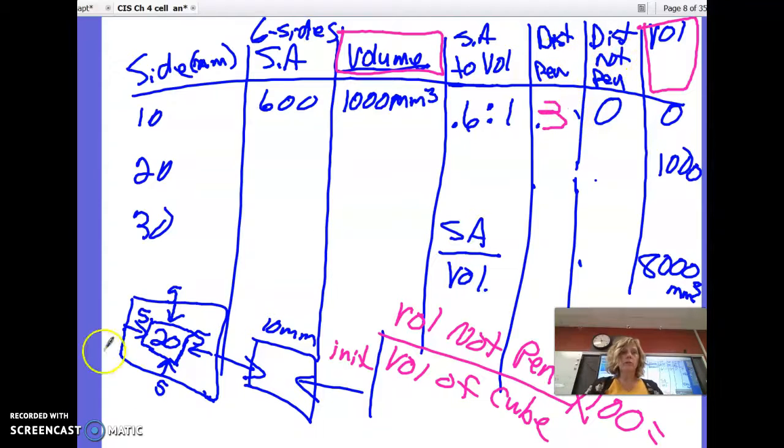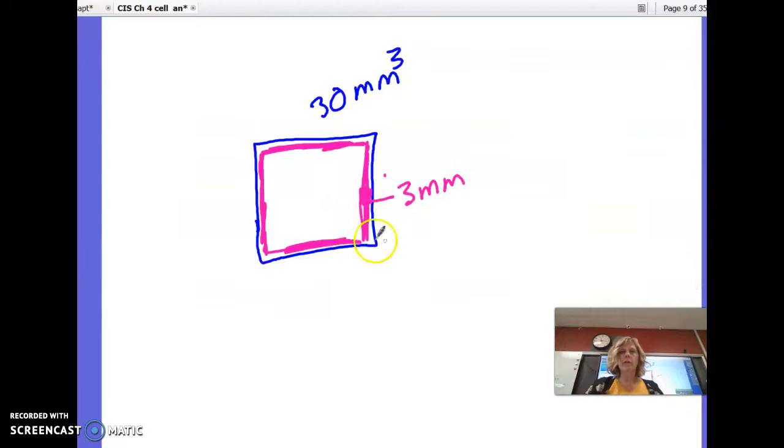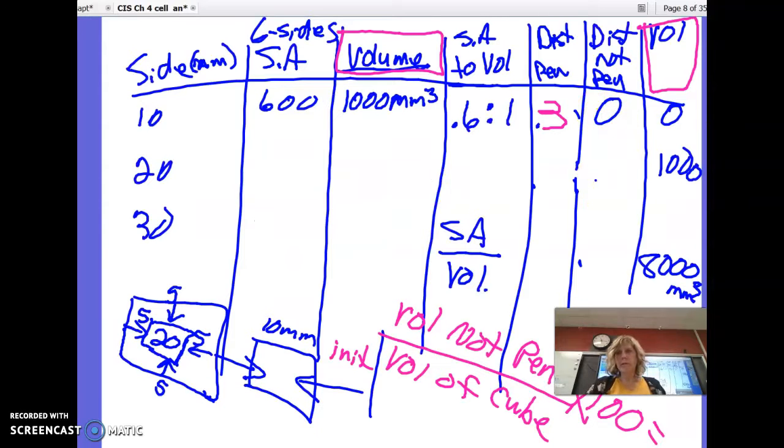The distance not penetrated then, here's where I want to make sure we have a good understanding. If it penetrated in 3 millimeters on this side, it also penetrated in 3 millimeters on this side. So if I take 30 minus these 3 minus these 3, the distance not penetrated is going to be 24. Sorry, writing with a mouse, super messy. So for me, I'm going to go down to my 30 millimeter cube, where the distance not penetrated is 24